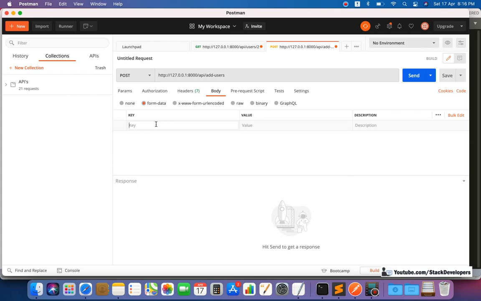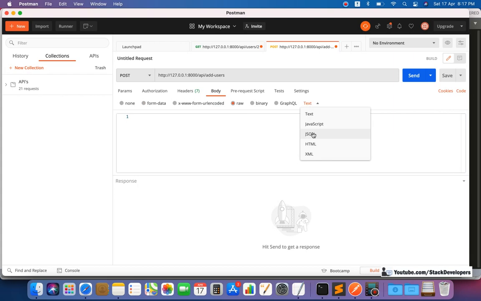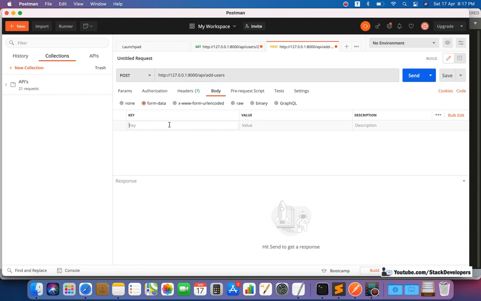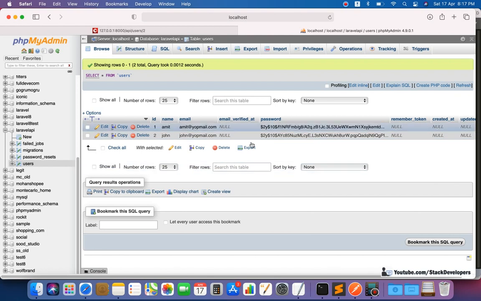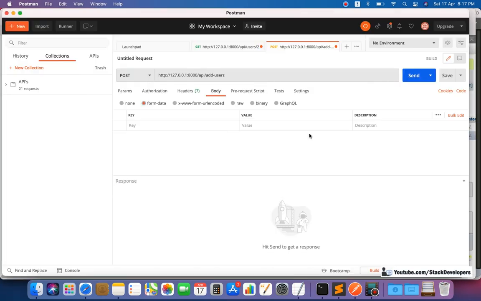After that, we will also take help of raw data in JSON format, but first of all I'm going to use form data. Like in the users table that we created and added a user to last time, I'm going to add name, email and password. These three things I'm going to add.